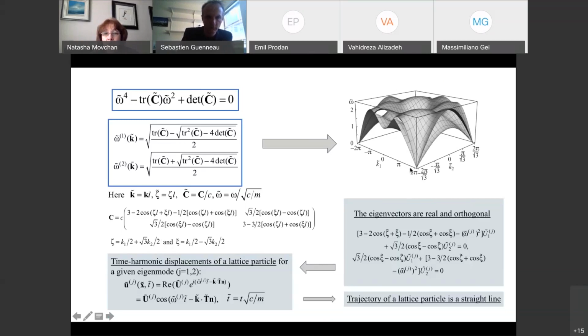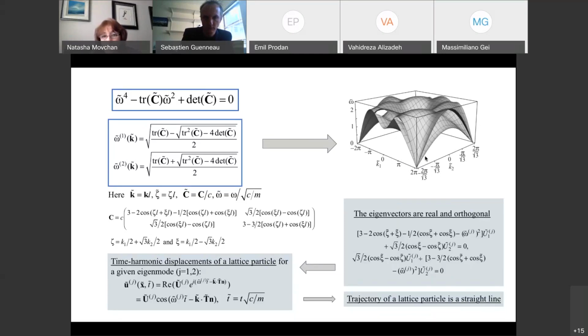But what happens near the origin is similar to what happens in the vicinity of this point, for example, with the only difference that we have a complete two cones starting at the origin. We can see that these are, for small values of k, sort of circular cones, which implies that the dynamic response of this lattice in the low frequency regime is isotropic. There are no different directions as such. All the directions are in a way equivalent.